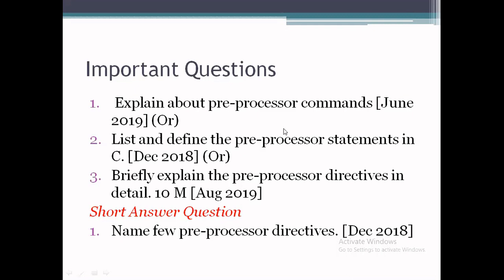That is 10 marks. In short answers, name a few preprocessor directives. If it is a long answer, you can give total information for all the questions. If it is a short answer question, you have to give a few preprocessor directives.